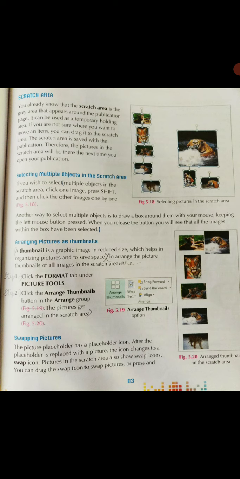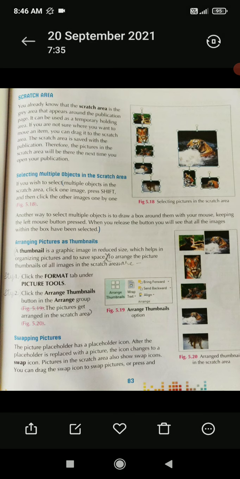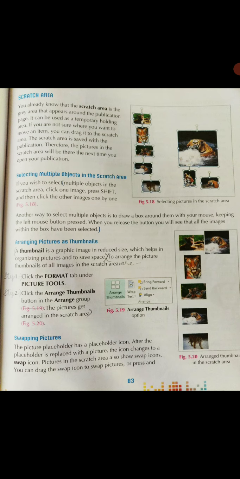You will move to your gallery or My Folder or My Documents where you have stored the pictures. Then you will click on the particular image that you want. There you will get a series of pictures, so many pictures in your gallery. Firstly, you are going to click the first picture that you want to select. So you have selected it. Then you will move on to the next picture.